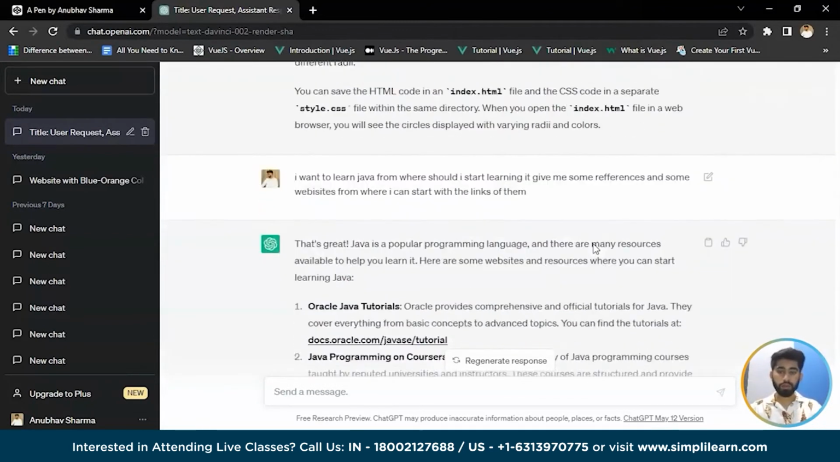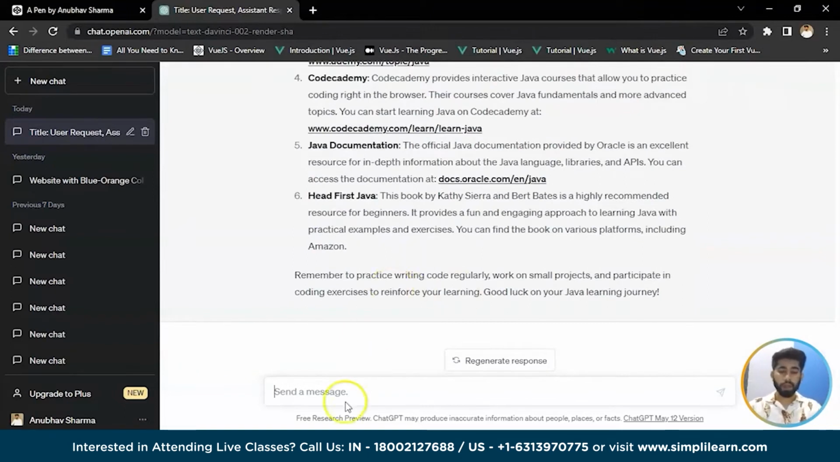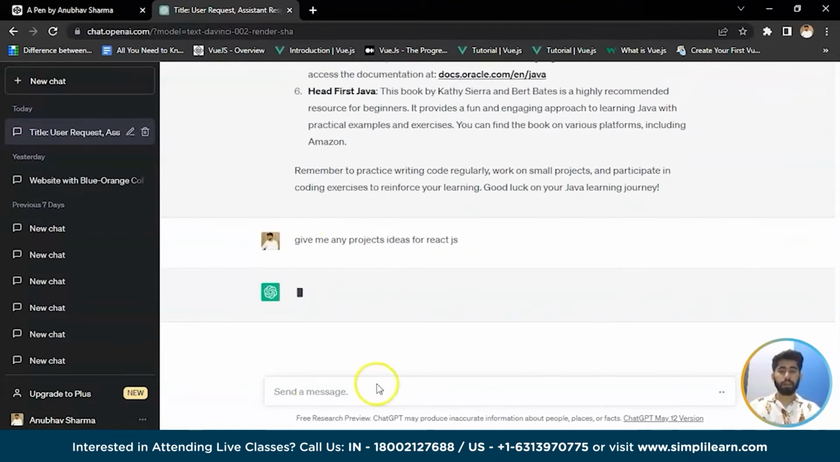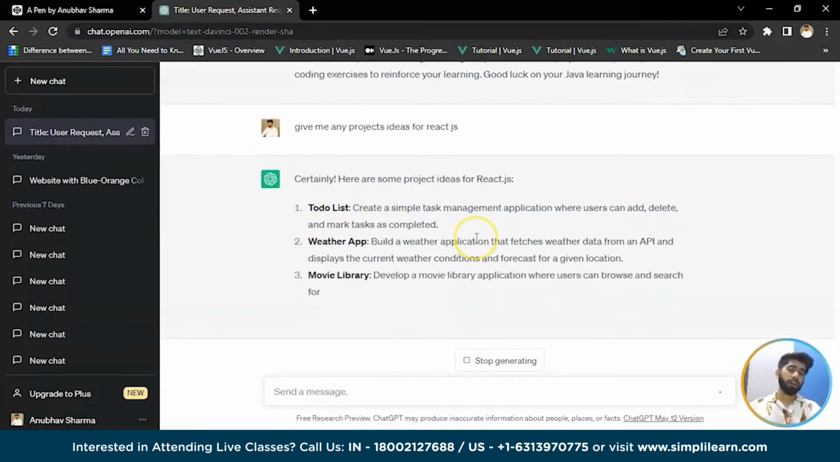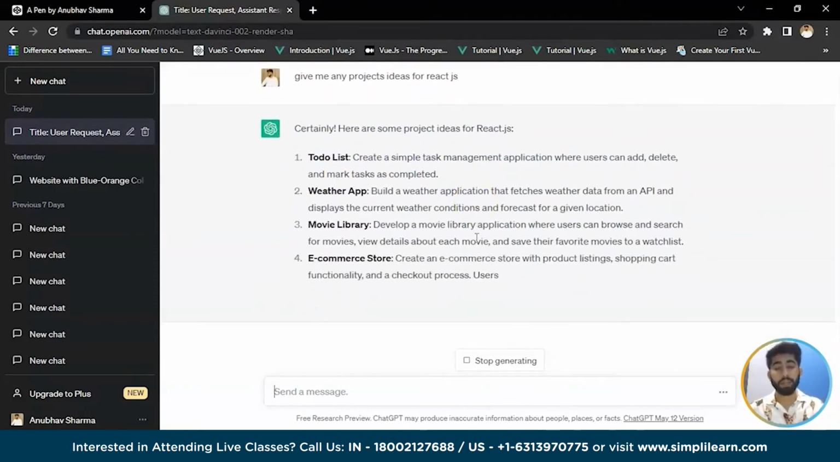So as I told it to give me the instructions on how to learn Java, it just gave me everything with the links, right? So now let's get to, give me any project ideas for React JS, right? So now it's telling me you can create a project on React starting from a to-do list,